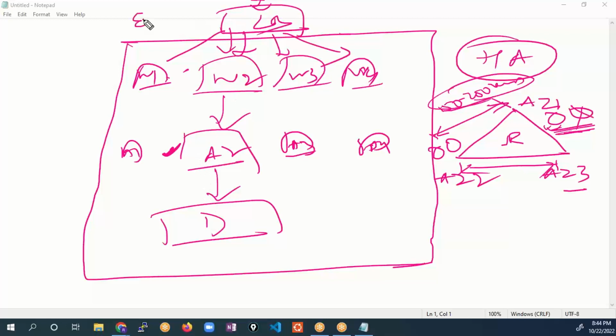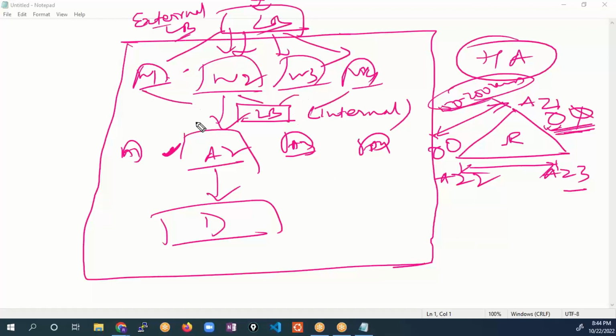So this is going to be an external load balancer, internet facing, right? And then again, I have multiple web servers, and I have multiple application servers also. Then how is the traffic going to flow here? So I will also create one load balancer here, an internal load balancer. This load balancer is going to be internal, not internet facing. All the requests would come here, and then this load balancer would redirect my request to